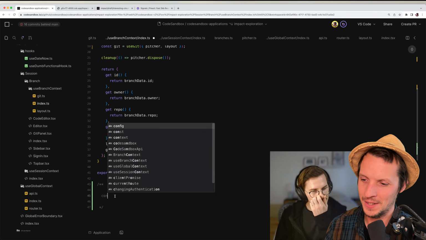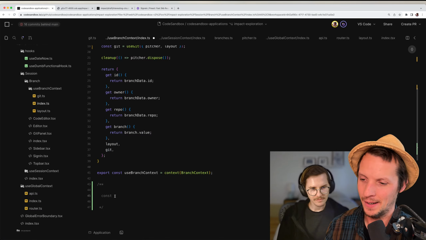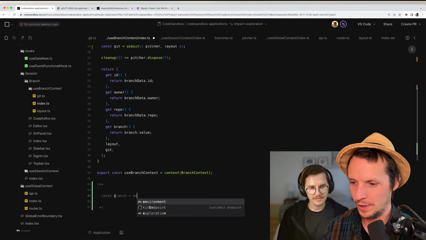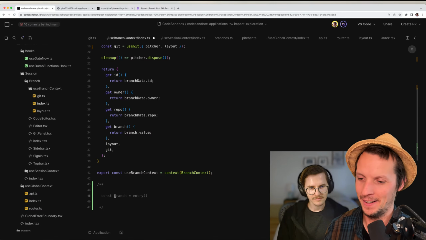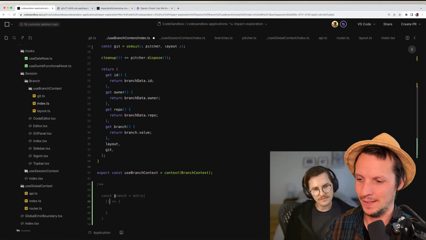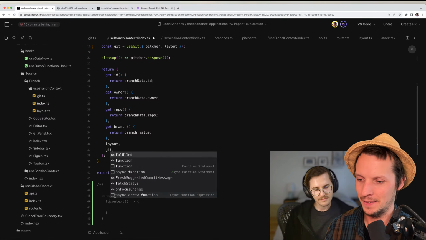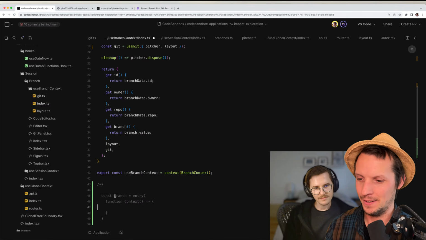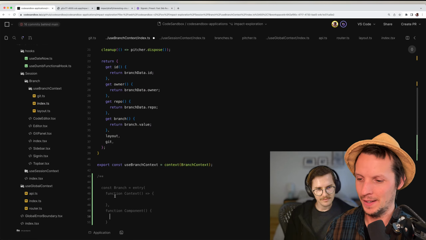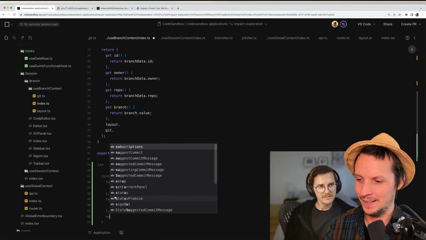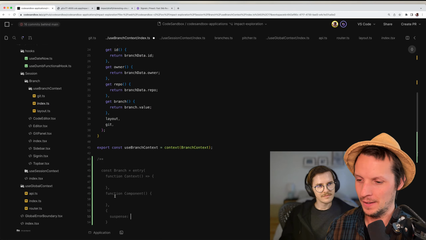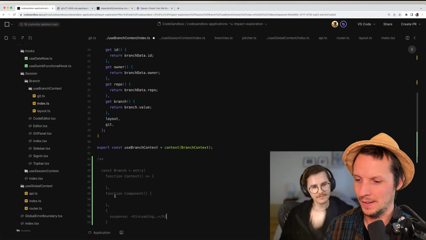So you could say that maybe you could abstract it to something called, like, branch. That would be like an entry, and in that entry you create the context for that entry, and then the second one is the actual component, and then you have some options like suspense or whatever that will be loading.